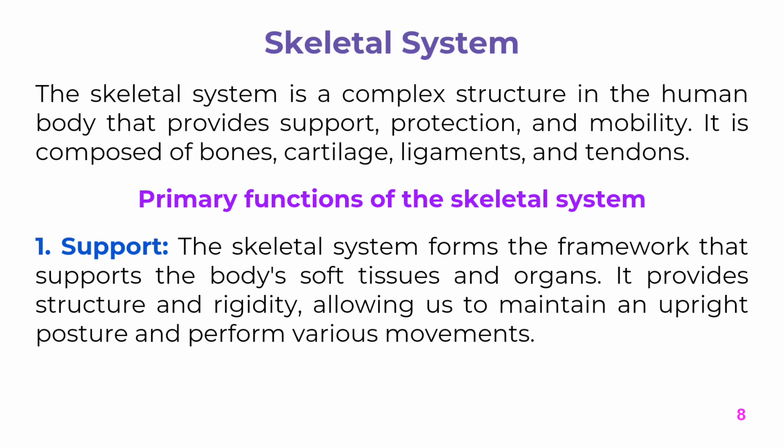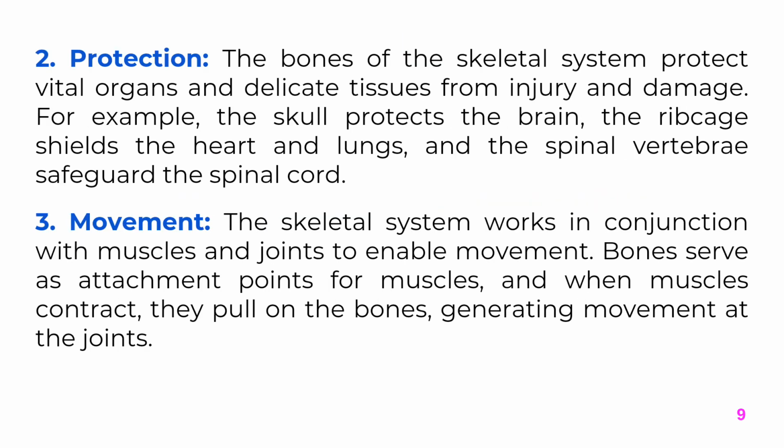1. Support. The skeletal system forms the framework that supports the body's soft tissues and organs. It provides structure and rigidity, allowing us to maintain an upright posture and perform various movements. 2. Protection. The bones of the skeletal system protect vital organs and delicate tissues from injury and damage. For example, the skull protects the brain, the ribcage shields the heart and lungs, and the spinal vertebrae